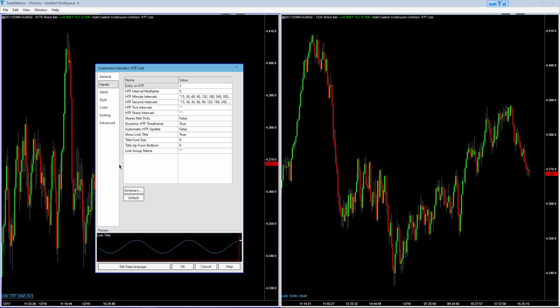You won't have to worry about it. The next one is Dynamic High Timeframe. That is a feature that automatically flips from minute charts up to daily charts if needed, or up to weekly charts, or even to monthly charts if needed, and down again. So if you disable that one, if you set this one false, that means it will stop at the ceiling